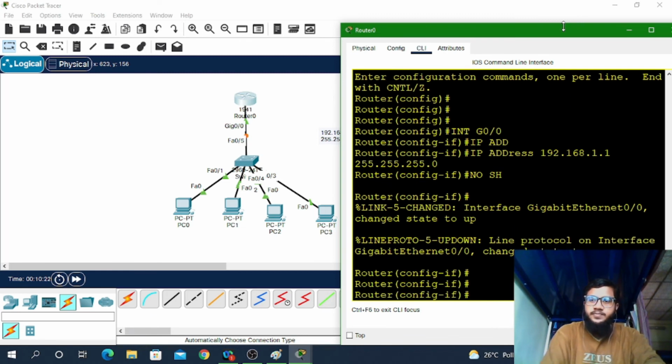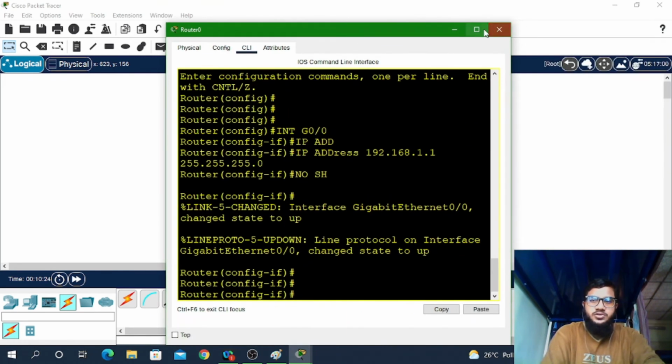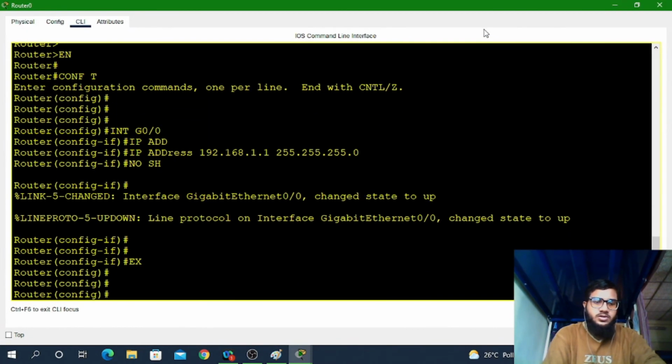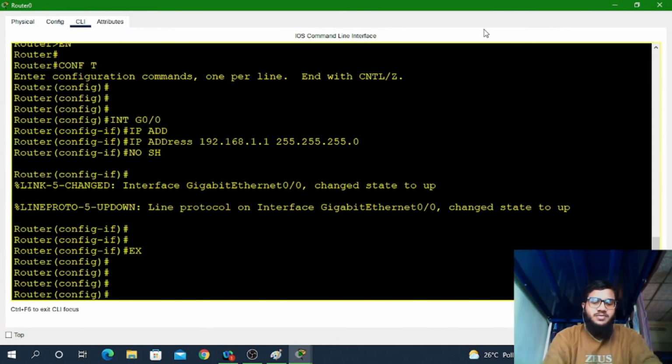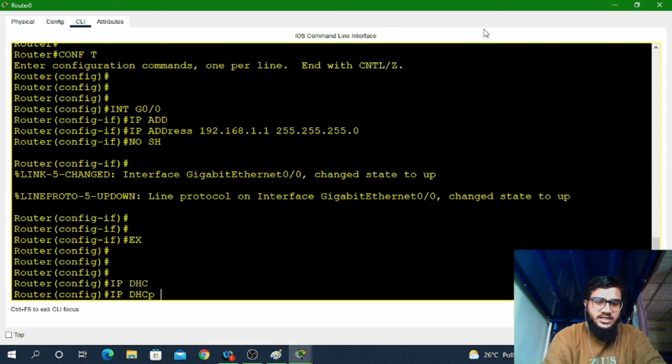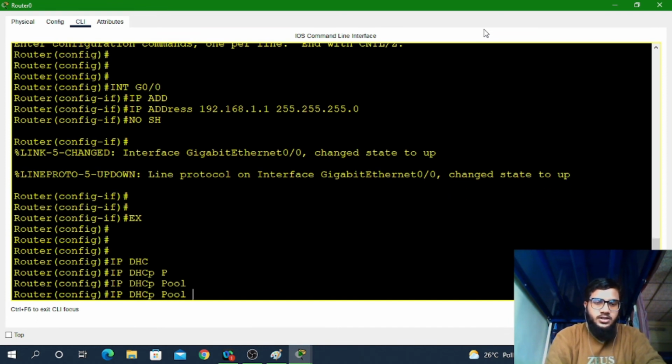Now I'll create the DHCP pool. Let's see how to create a DHCP pool. First come into the configuration terminal mode. Now type ip dhcp pool, then the name of the pool. In my case the name of the pool is DHCP, enter.